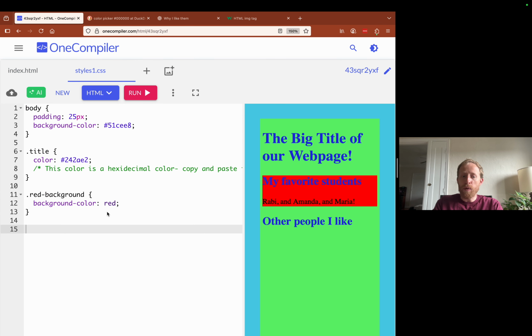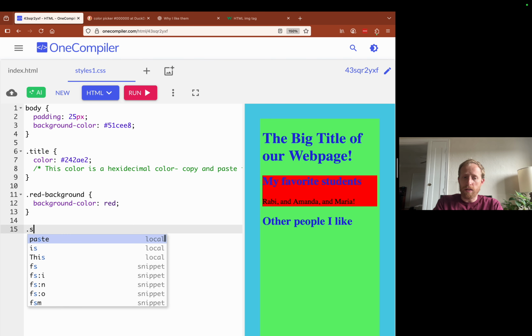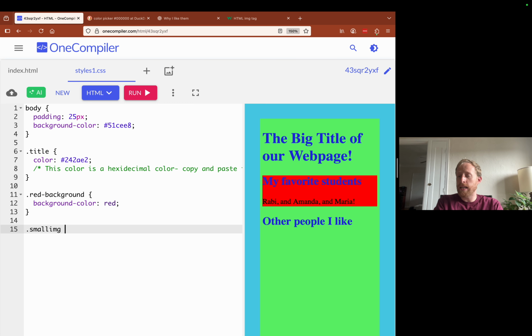So here in my style.css I can write dot, because it's a class name, and then small image. Oh, sorry, my computer's freezing a second. So dot small image, and then what do I need, Amanda? Curly brackets. Sorry. No, Maria, go for it. Curly brackets, very good. Open and close, yep.